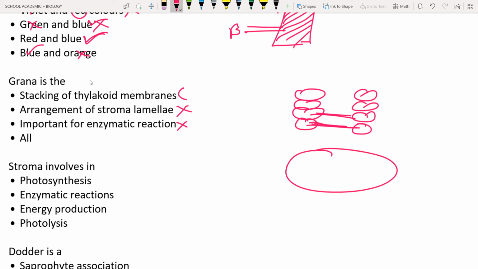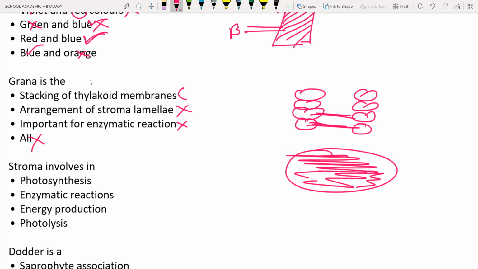In the chloroplast, there is a colorless or light yellow colored fluid present, that is known as stroma. Okay. So there is no connection between the grana and stroma. Stroma is different, grana is different. Both are present in the chloroplast. So this is also not correct. This is also not correct. If the two answers are wrong, obviously this fourth option is also wrong.